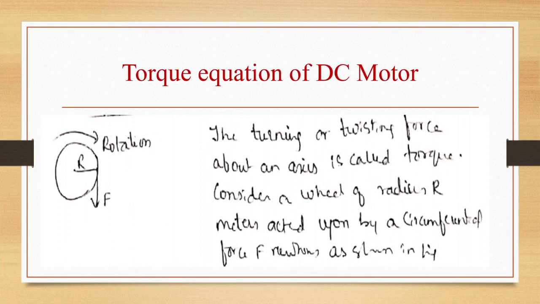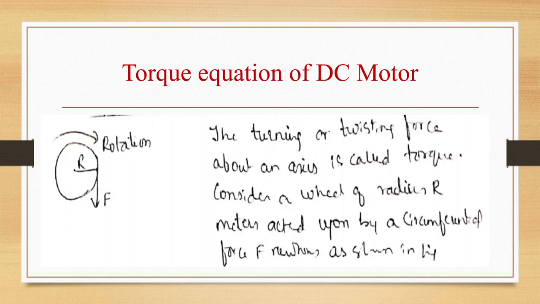So what is a DC motor? A DC motor converts electrical energy into mechanical energy, and the operating principle is that whenever a current carrying conductor is placed in a magnetic field, it experiences a mechanical force. All these things we have seen in the previous classes. Fleming's right hand rule, left hand rule. Fleming's right hand rule is used to find the direction of voltage in a generator. Fleming's left hand rule is used to find the direction of force in case of a DC motor. All these things briefly we have seen in the previous lectures. Please go through them. So let us start today's topic.